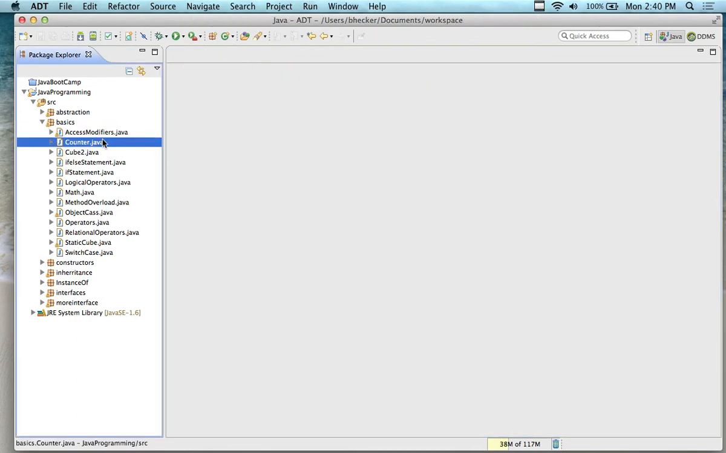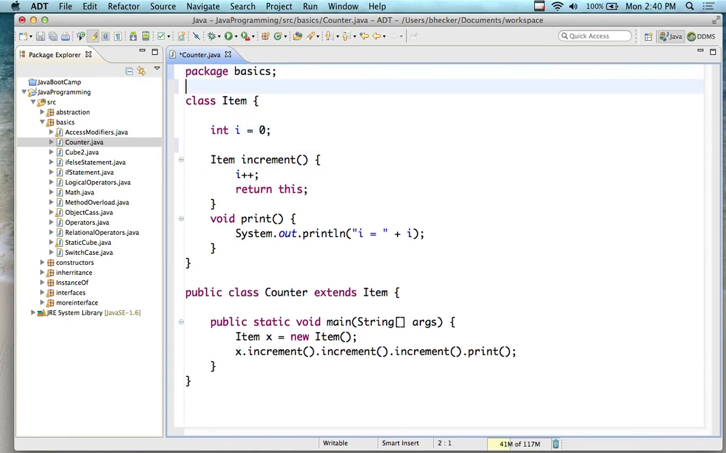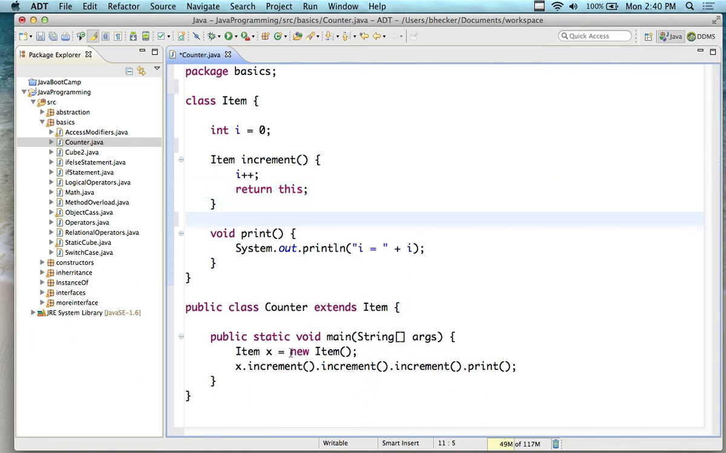Again, I'm not going to go through it. Counter keeps track of an increment counter, item increment, which is going to return an item. So we're the list. We have the items inside of us. We're item. We have integer i. We have a return type of item. There's an increment method. It's going to go i++ as a counter, and we're returning this, which means we're returning ourselves to ourself, which is kind of the interesting thing. And then we have void print, and then down here we have new item, and then this is the interesting part,